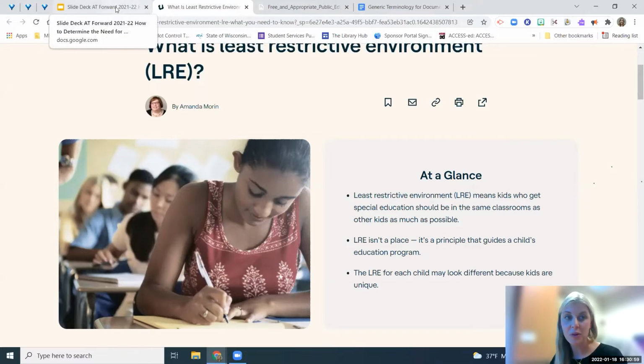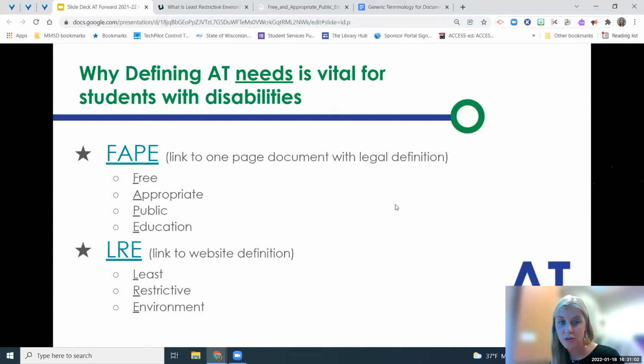So for example, we have a student right now in Madison schools who has spinal muscular atrophy, and she is a student who is at home and cannot be at school due to her medical condition. But we have set up a robot for her to be at school via the robot. So instead of having a homebound teacher on a regular basis, we've figured out that the least restrictive environment for her actually is her attending school via robot remotely. So she is actually in her regular ed classroom navigating a robot around the classroom and participating in that way, and is getting the same